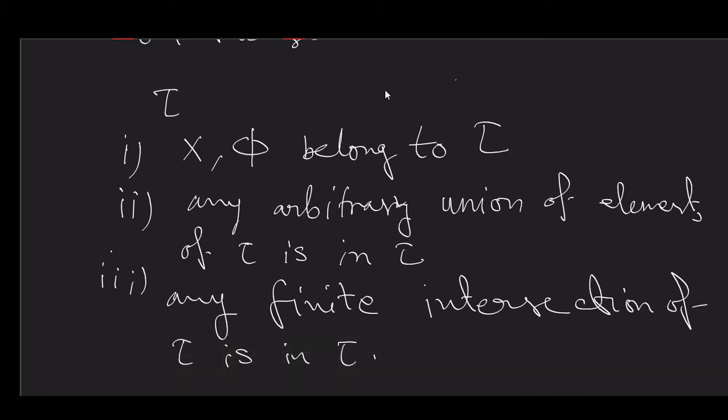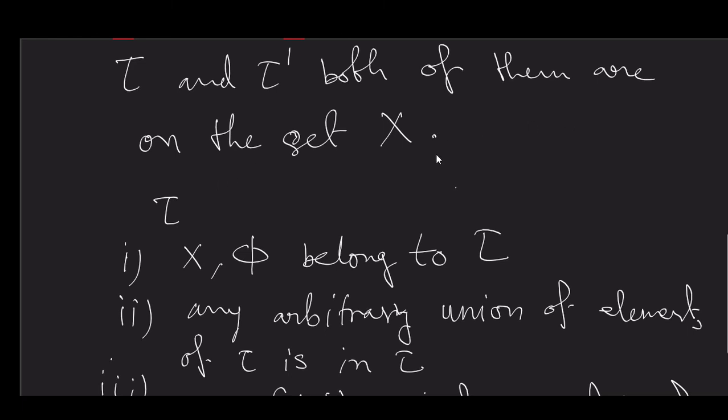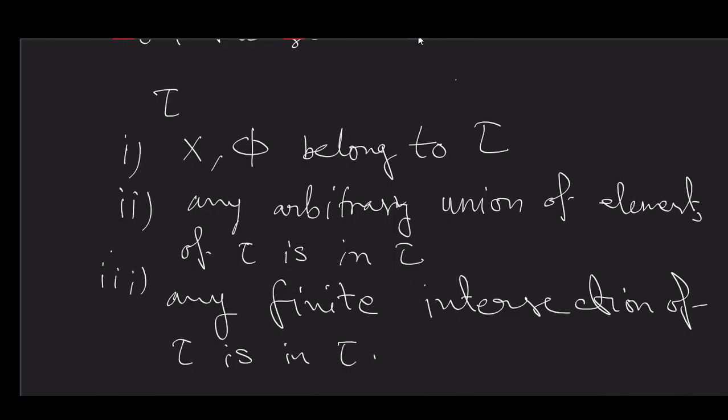However, now suppose you have two different collections of sets, tau and tau dash, and both of them satisfy these three properties. Now, as topology is related to these kinds of things, one thing can come to our mind: which one is slightly lighter? Which topology can you say is a kind of fine topology, and that one is a heavy topology or coarse topology? So then we can say that if tau dash is contained in tau,